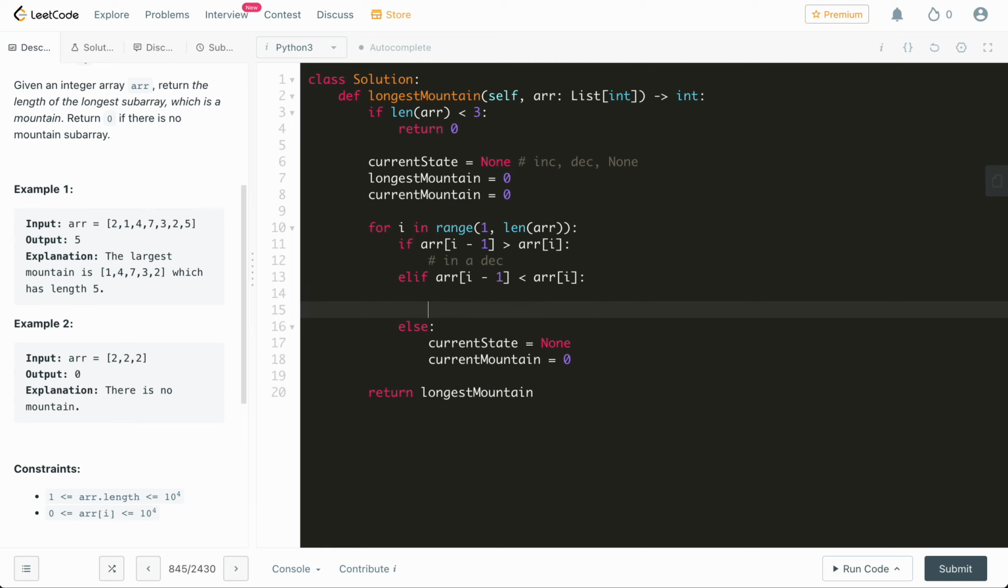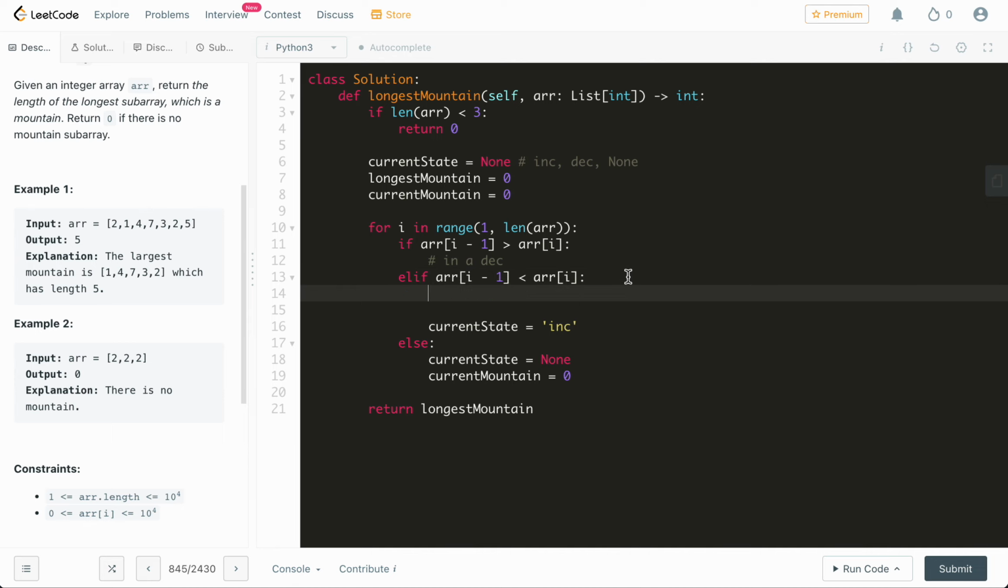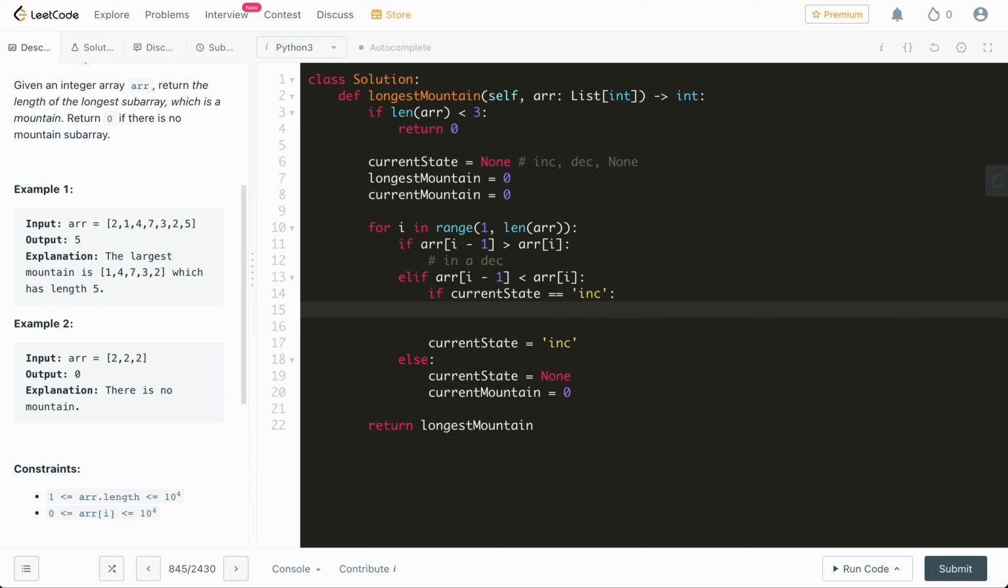So first off, we're going to set the current state equal to an increase, and we're going to say if the current state is equal to increase, then we are going to add current mountain plus equals 1,